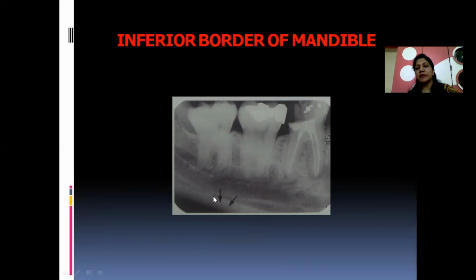Now the inferior border of mandible, in most cases of benign lesions, will be thinned out, though it remains intact. Sometimes you may see the onion peel appearance in the inferior border of mandible. So there are many structures that get involved or remain intact, or there might be destruction or infiltration of the inferior border of mandible. This is a cortical bone, and the intactness of this inferior border again plays a major role.